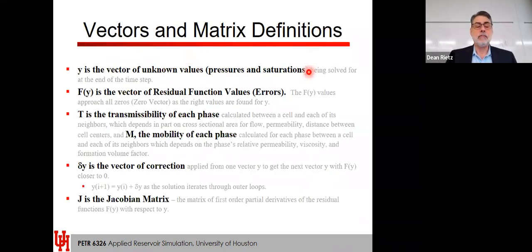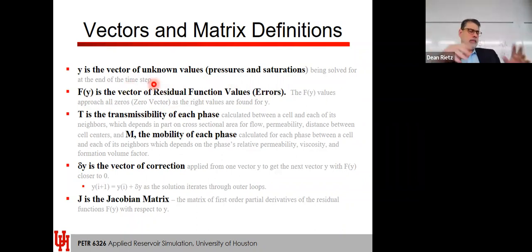Okay, so let's briefly go over what I'm going to talk about in a minute. Y is the vector of unknown values, the pressures and saturations being solved for at the end of each time step. I'll show you, because we're going to set these up as residual functions such that we solve for the errors. So the pressures and saturations,